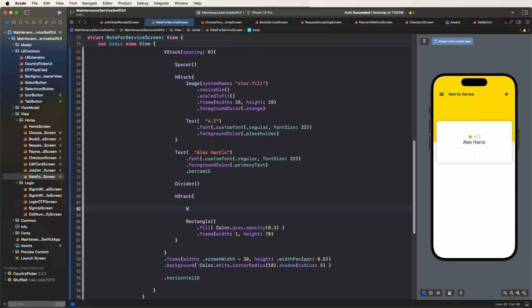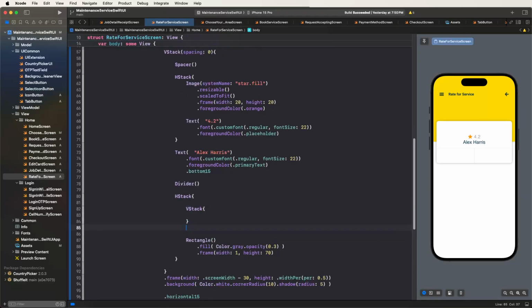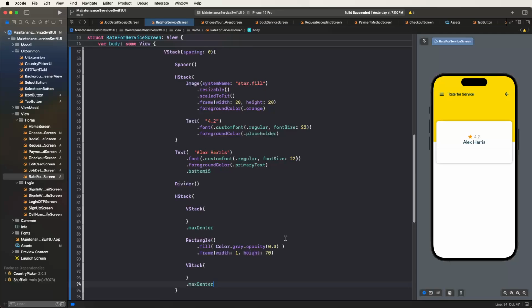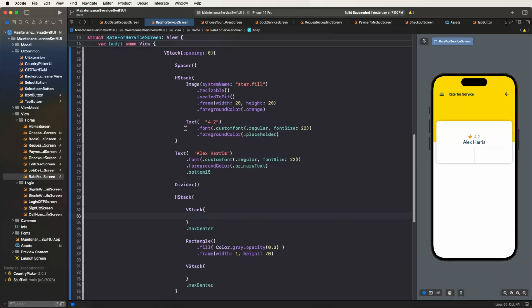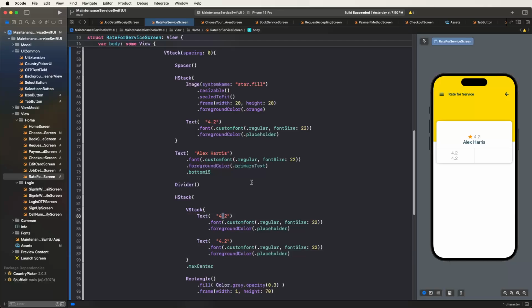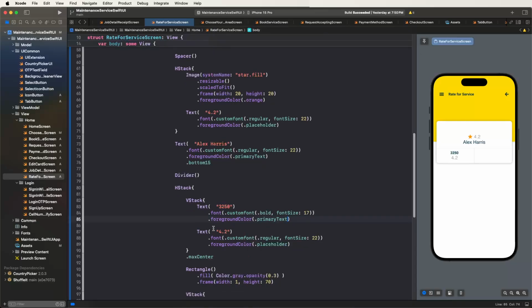Now we need to develop the VStack, and set the max centers the same. Now copy and paste on both sides, we need the center for these lines, that's why I am declaring it like this, and copying the two text fields, putting text here, and setting the value of the total jobs completed. Set the font size as 17 and bold font, remove the foreground color, and set the primary text color, and in the bottom text we write the total jobs,